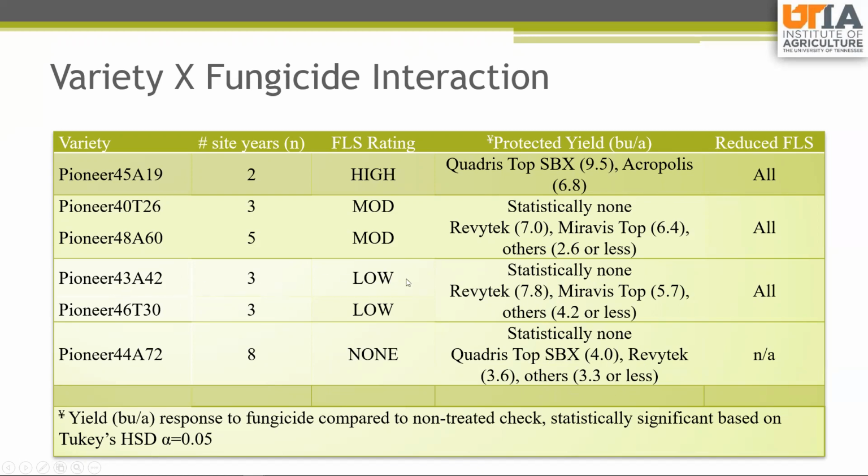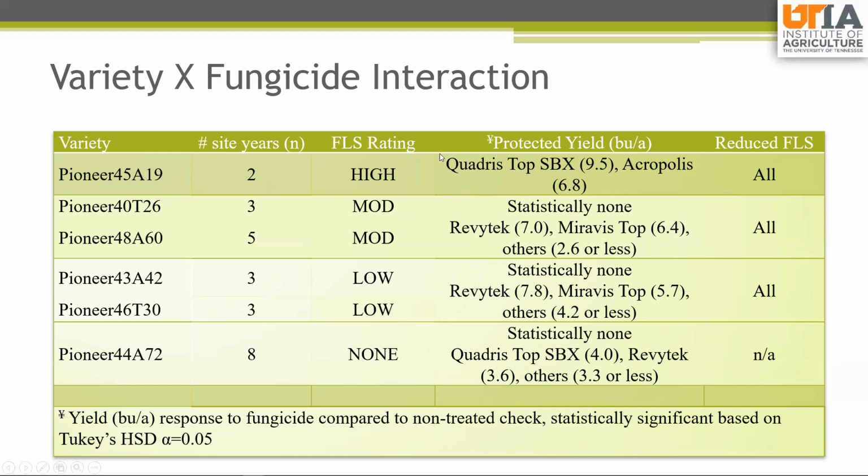Similarly, on our 2 varieties that were rated low for frog eye leaf spot, statistically, none of the fungicides actually had a response to yield. Surprisingly enough, though, we still had numeric trends where Revitec had a 7.8 bushel per acre response, Miravis Top at 5.7, and all others were 4.2 or less. And then again, getting into our moderately susceptible varieties, again, that similar trend where statistically none were different, but we had some numeric increases with some of those same products, the newer products on the market, Revitec and Miravis